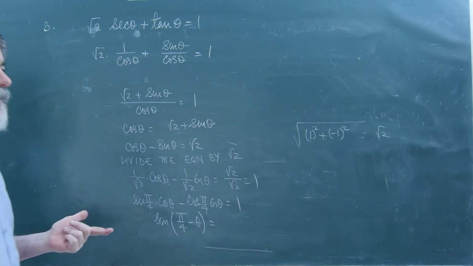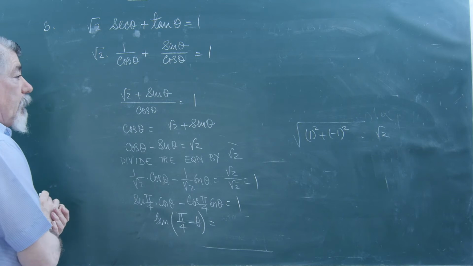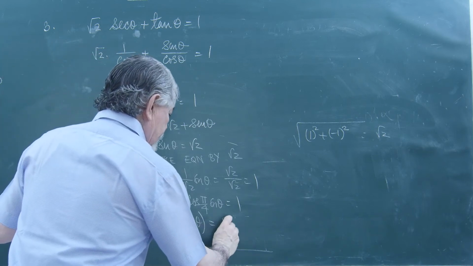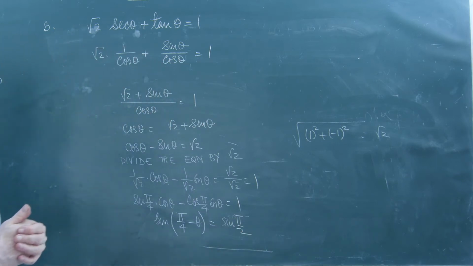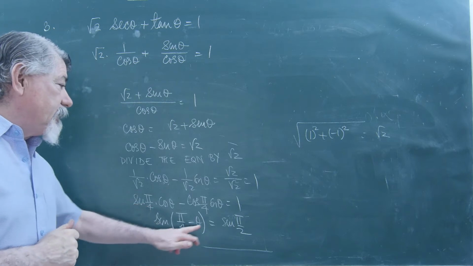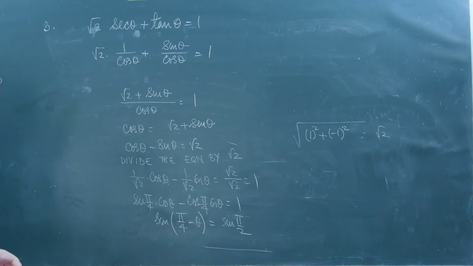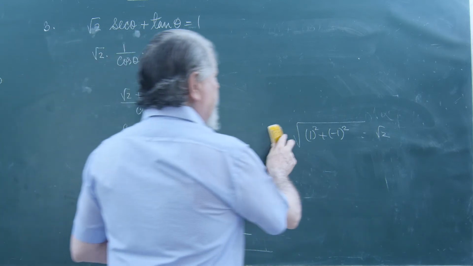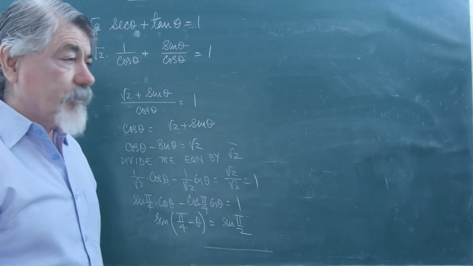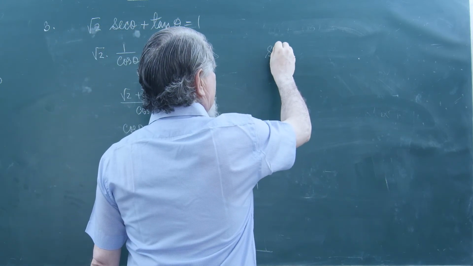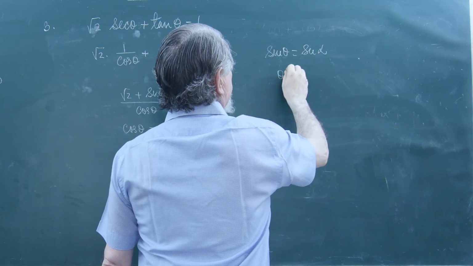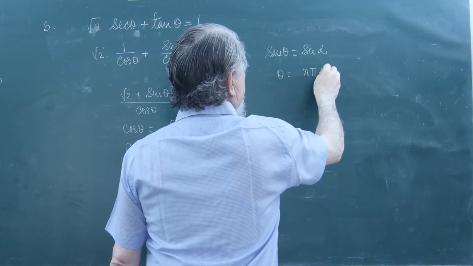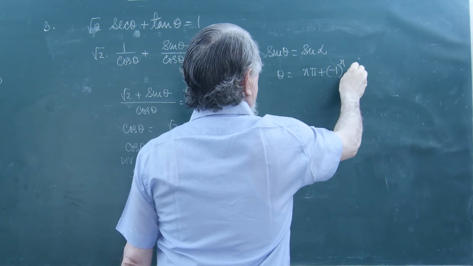I have to express it as sin of something equal to 1. Now sine is 1 at sin pi by 2, I can write. Sin pi by 2 is 1. Sin 90 is 1. So sin theta is equal to sin alpha. That means when sin theta is equal to sin alpha, you calculate theta to be n pi plus minus 1 to the power n into alpha.